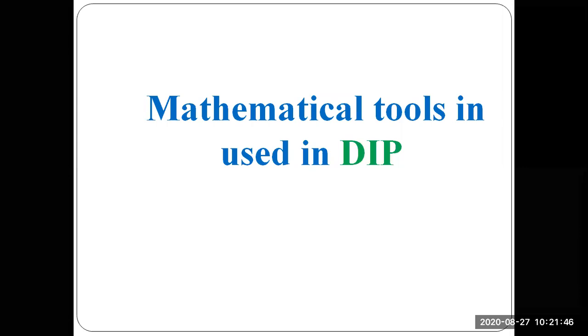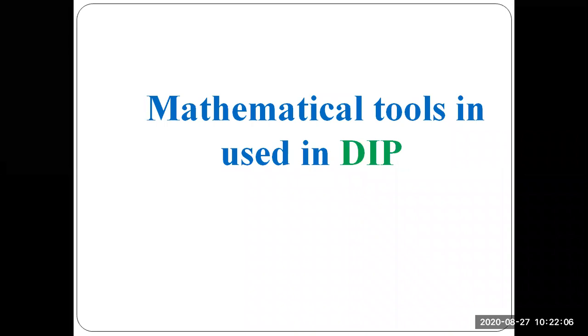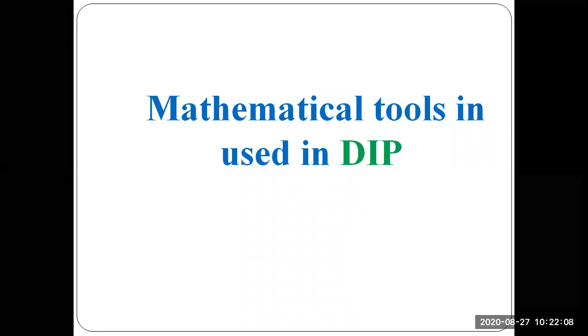So we have covered 6 topics previously, and now we are in mathematical tools used in image processing. In the introduction part, we have seen what happened and where we started image processing, and what the applications are. These things are covered in the first topic. In the second topic, the basic fundamental steps involved in image processing, and similarly what basic components, hardware or software, are needed. That is the third topic.